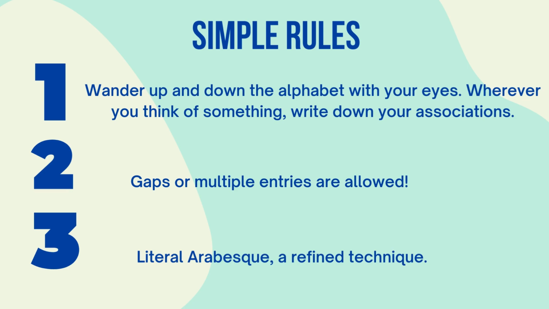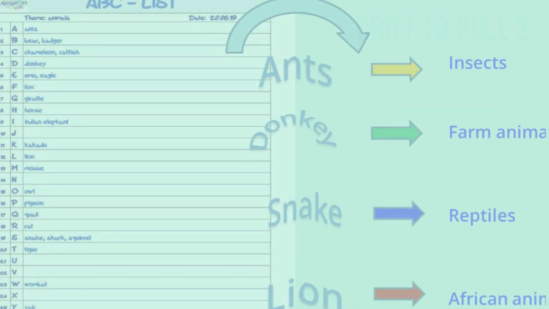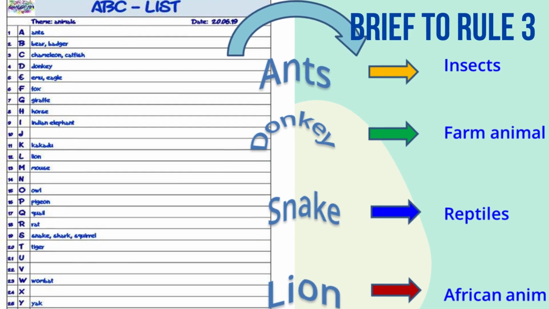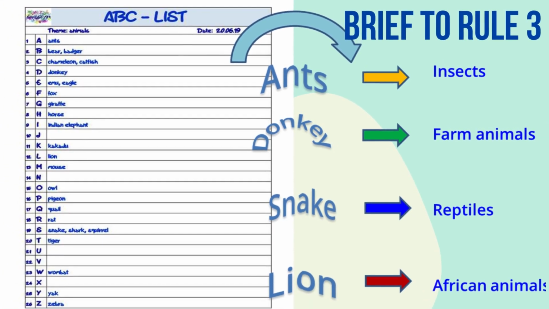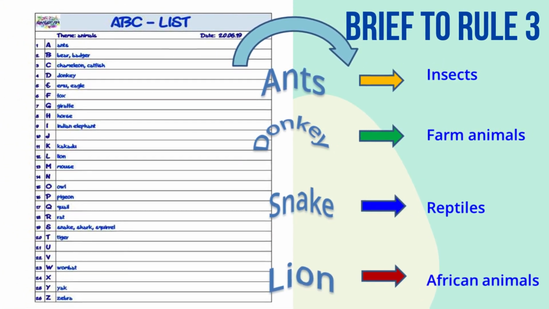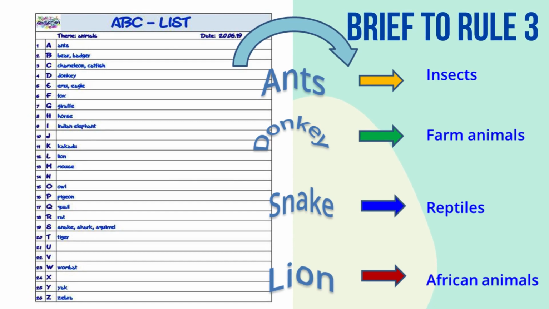Third rule, this is the literal arabesque, a refined technique. This is an ABC list technique for advanced users that brings further productivity and is recommended for those who want to go further. I want to show you briefly the third rule, the literal arabesques. This is more for advanced ABC list users, but I want to show you so that you get an idea of